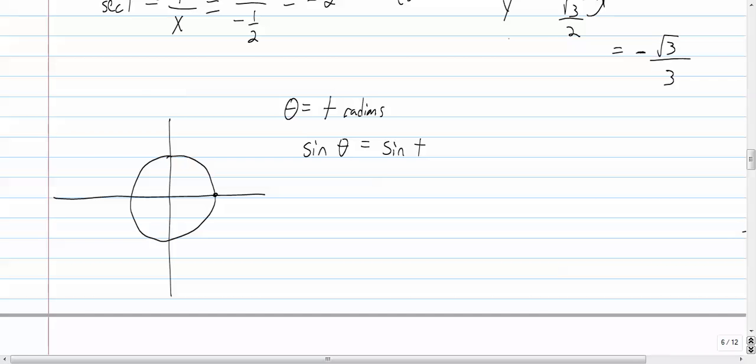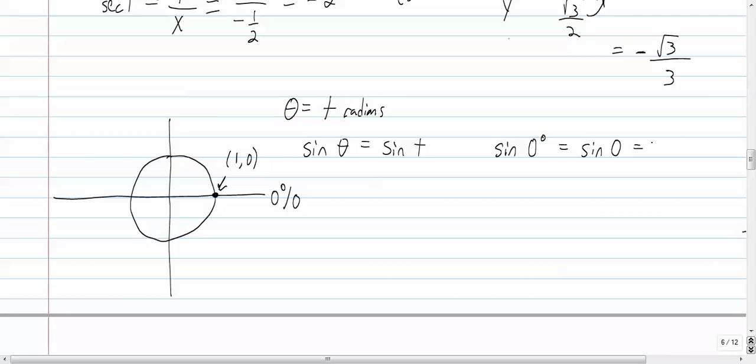We know right here at this point, that's the point (1, 0). If we had an angle measure whose initial and terminal side was on this positive x-axis, that would be 0 degrees or 0 radians. So if I want to know what the sine of 0 degrees or the sine of 0 radians is equal to,